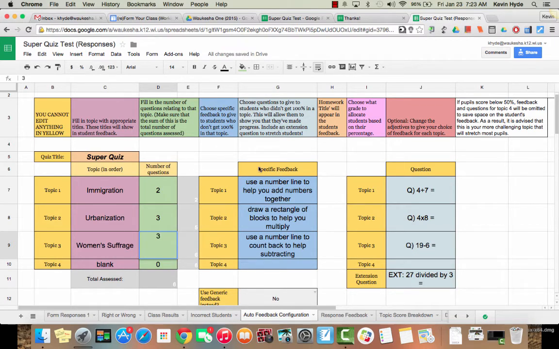Okay, now here we see these ones, specific feedback here. This is going to be sent to students who didn't get 100% in each topic. So what the script will do is that if a kid gets any question wrong in a certain topic, it'll trigger some feedback. And that's pretty cool. So what you can do for this is if a student, like I said, gets something wrong in a topic, you can then tell them to go to this website or watch this video